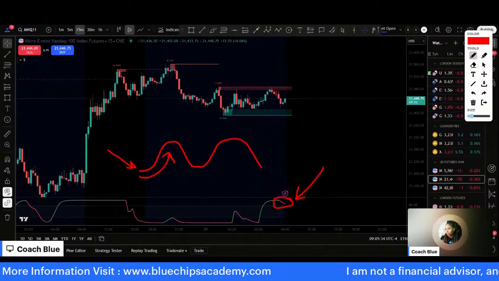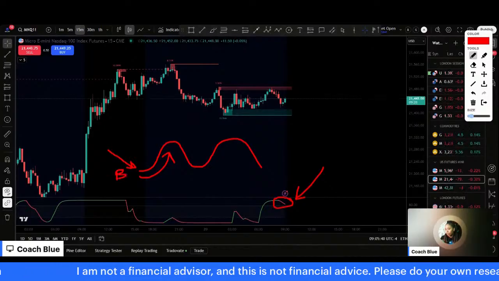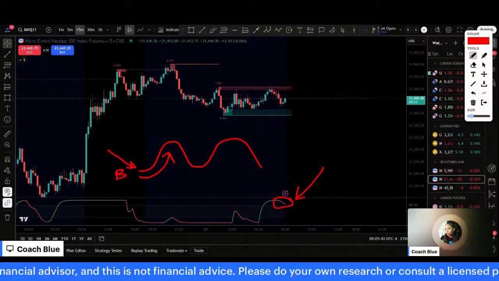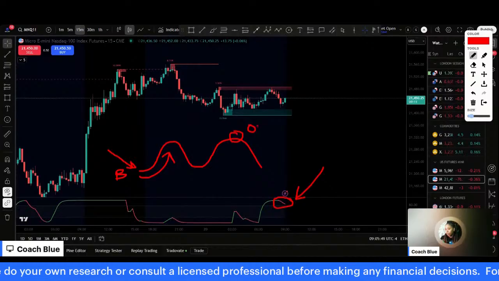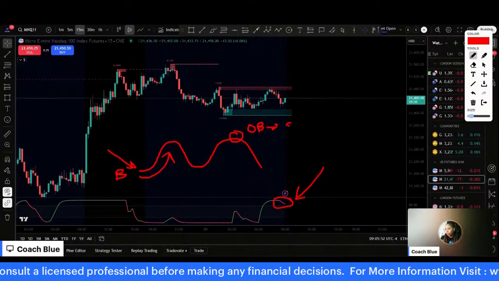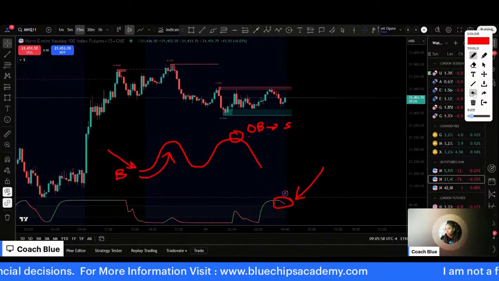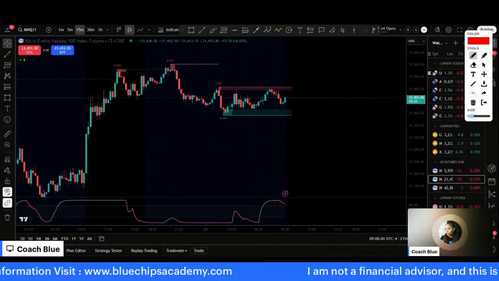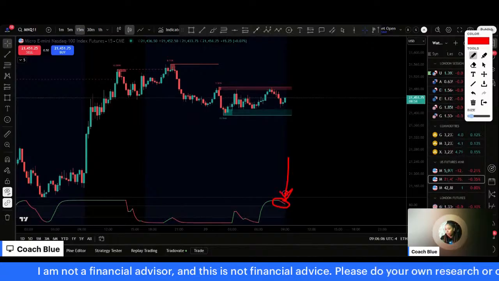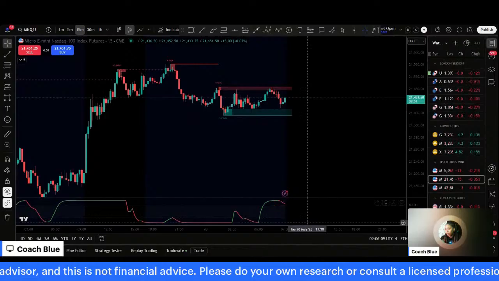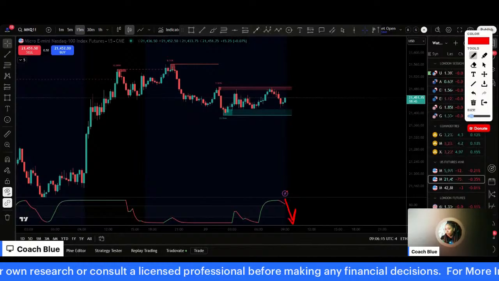Price moves up here at the bottom. So when we are oversold, we're looking for buys when price is at the bottom because we're expecting price to go up. When we're at the top here, we are overbought, so we're looking for sells. We're expecting price to go down. Because right now we are overbought right here, think of the roller coaster. Our directional bias for today is for price to go down. That's our directional bias, for price to come down.